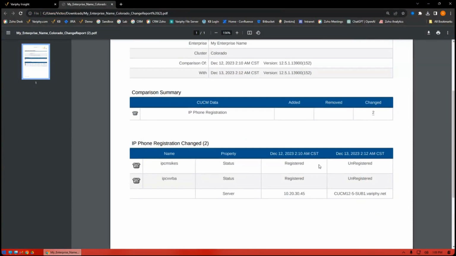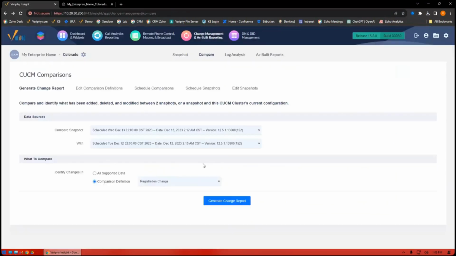Now, keep in mind, this is going off of snapshots. You could also run this off of your live running call manager if you wanted to. Now, so how do we use this as kind of a monitoring tool? You don't want to have to come in here and run this all the time. That's a bit cumbersome,